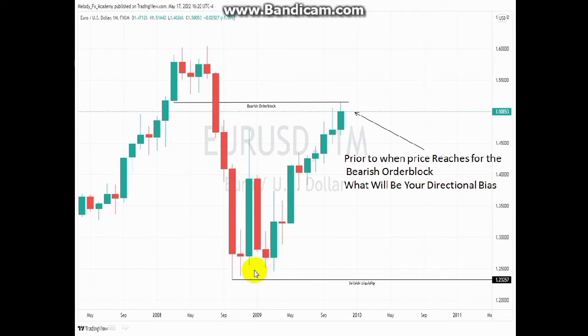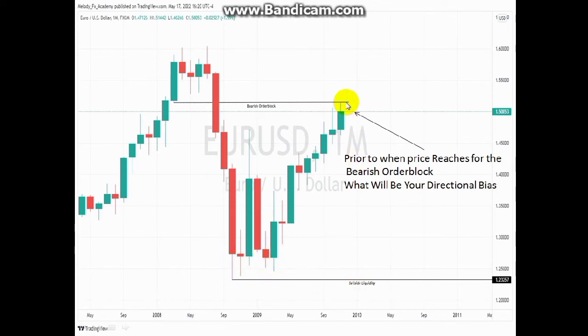If you turn off the wicks of these candles right now, you will notice that this is a clean low. And remember, we talked about our point of focus in the previous video, what to focus on as smart money traders, right? We talked about clean lows, relatively equal lows, old highs, and the rest. So this is an old low. Then at the same time, this low is way too clean, right? So the algorithm is going to reach for that particular low to attack the sell side liquidity that is resting below these old lows, right?